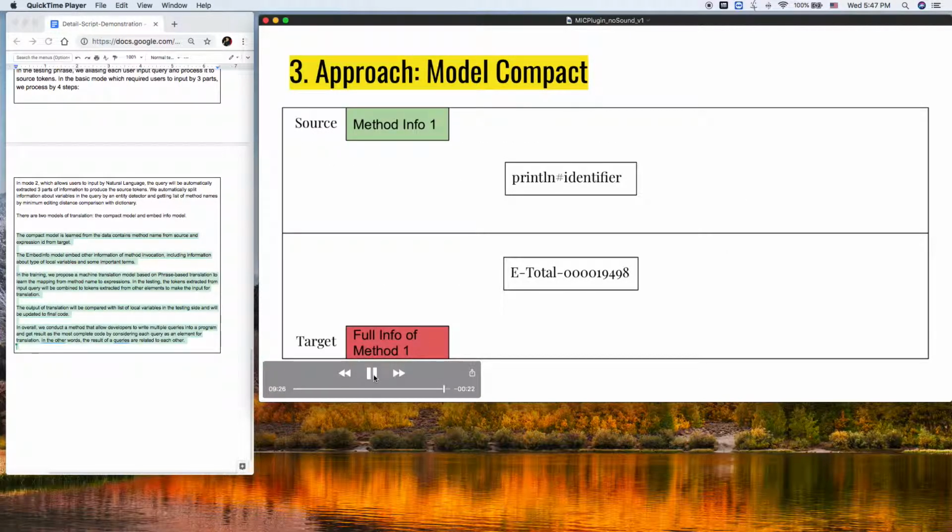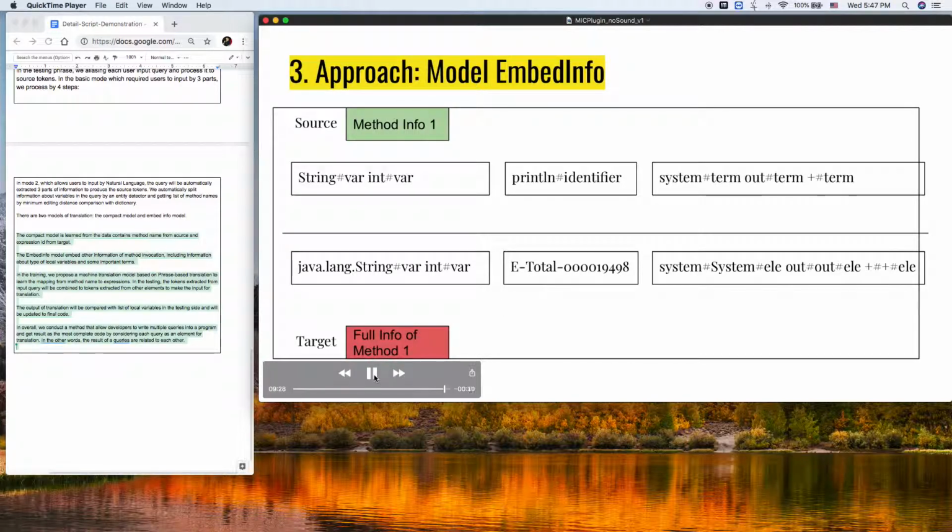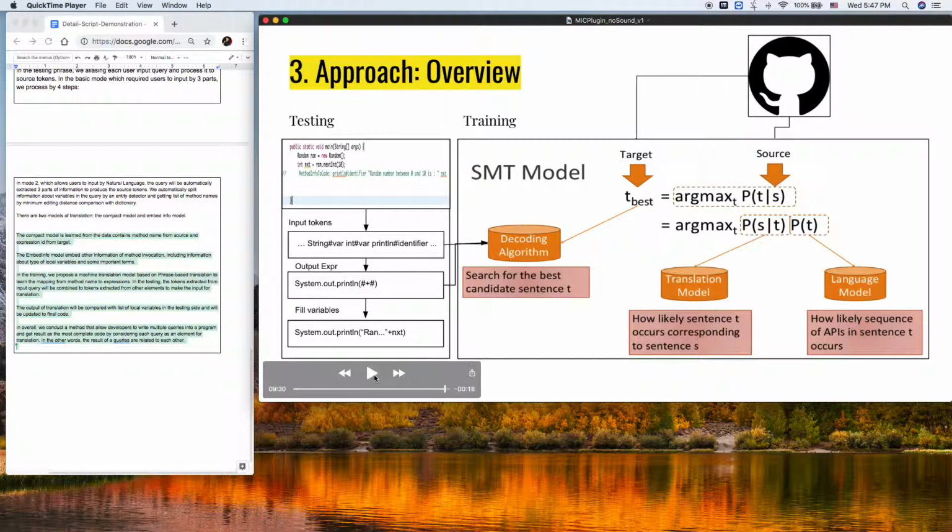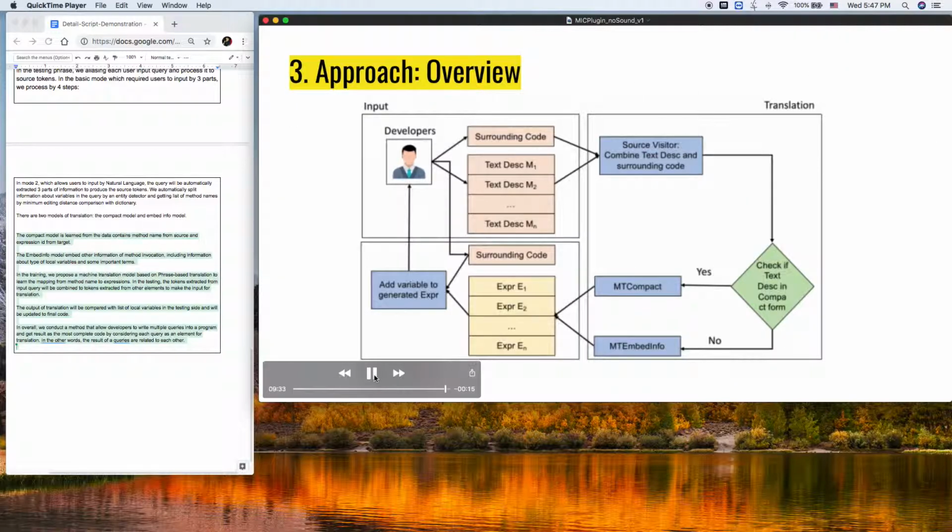In the testing, the tokens extracted from the input query will be combined with tokens extracted from other elements to make the input for translation. The output of translation will be compared with the list of local variables in the testing side and will be updated